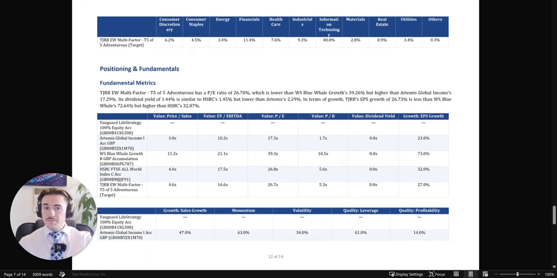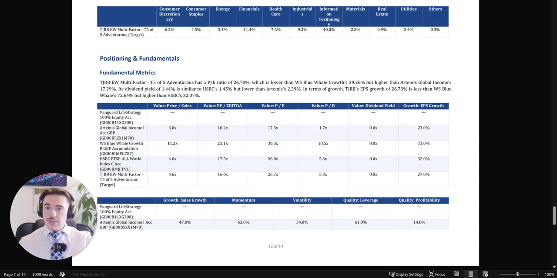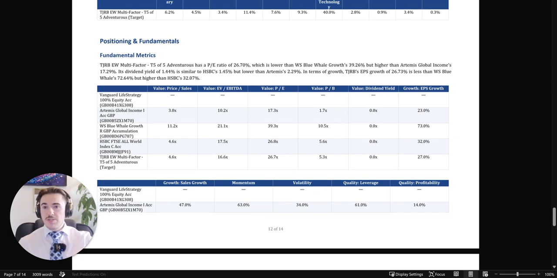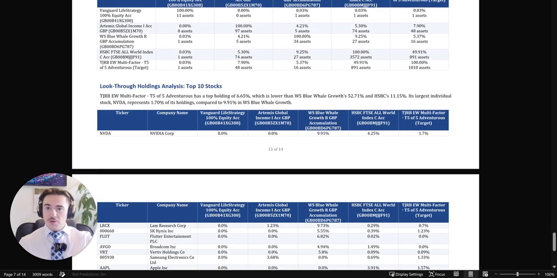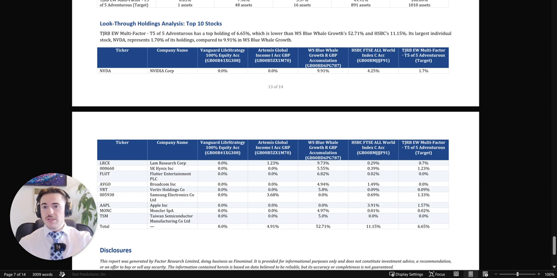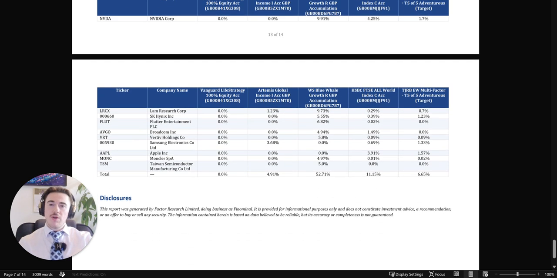allocations as well. Towards the latter pages, positioning and fundamental, so fundamental metrics as well as overlap matrix, look through analysis of the top 10 stocks, and then concluding with your firm's disclosure at the bottom. All of this is changeable in regards to your firm logo, advisor name, and the disclosure in the report settings